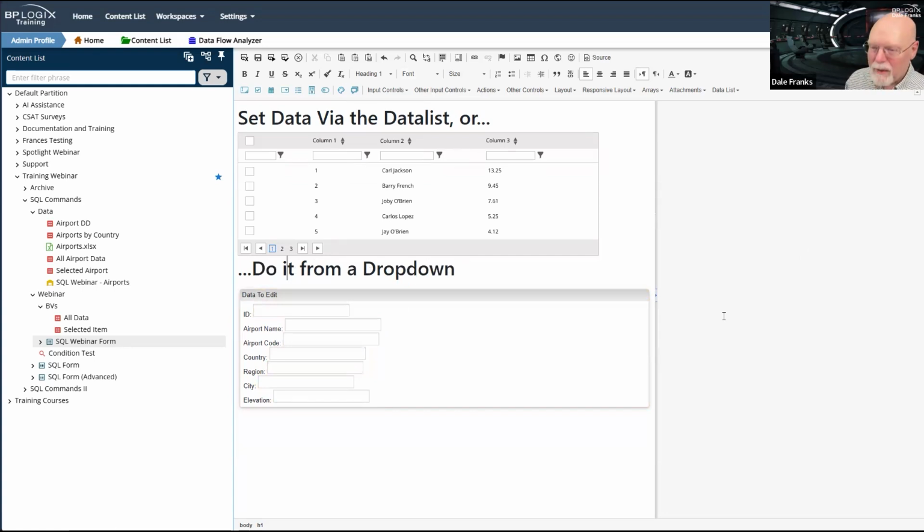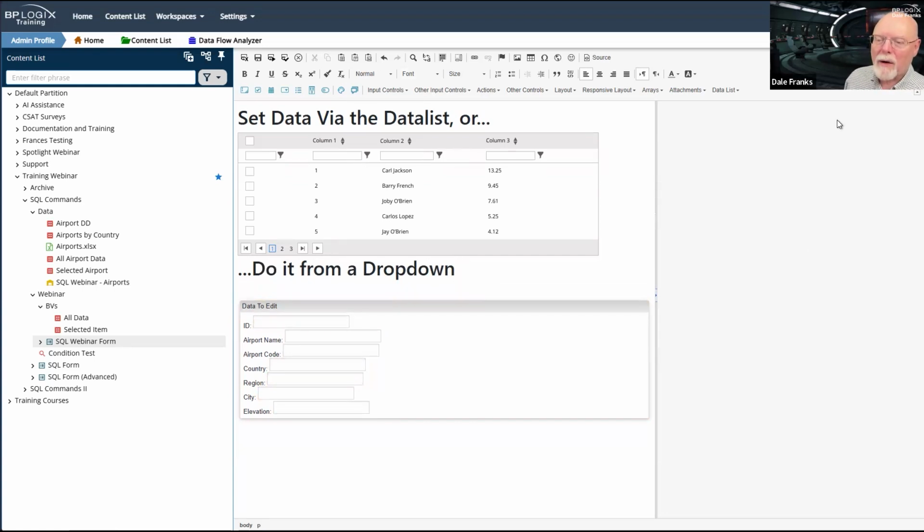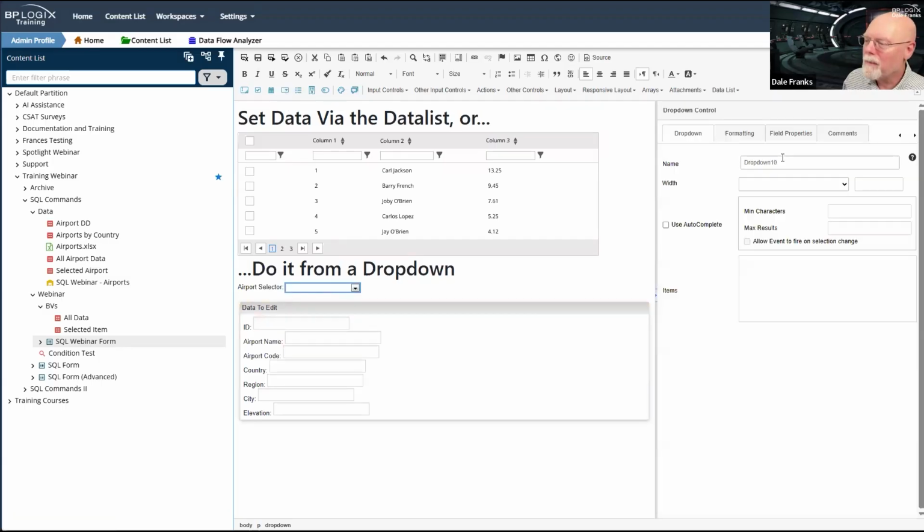And what we're going to do is we are going to put a drop down control here. We're going to call it airport selector. And we'll throw a drop down there, which we will in fact call airport selector.